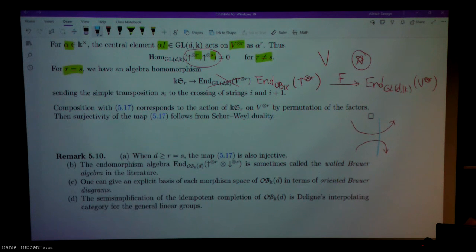You can give explicit bases for these morphism spaces, so you can get very concrete. These are also related to Deligne's interpolating categories. You have to do something like take the idempotent completion and then the semisimplification, and then you get to Deligne's interpolating categories. Okay, so I'll